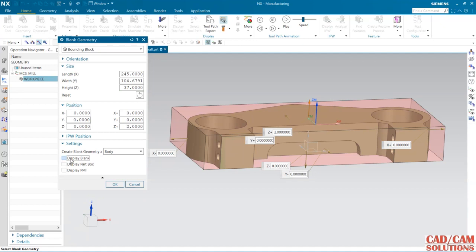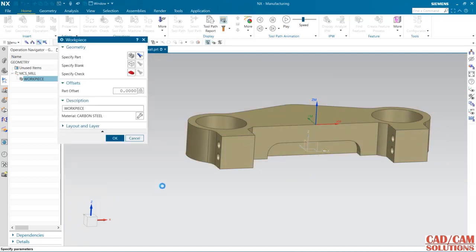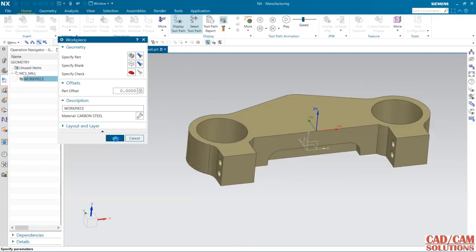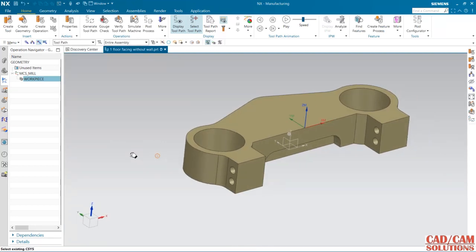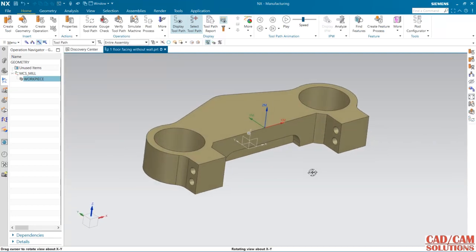Okay, display blank. So blank is displayed, and if you don't want to display the blank, just remove this and click OK, and see, this is the blank. So my part and the blank both are defined. Now